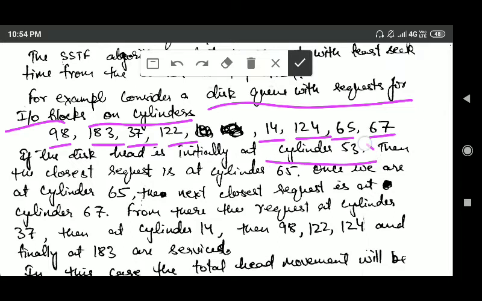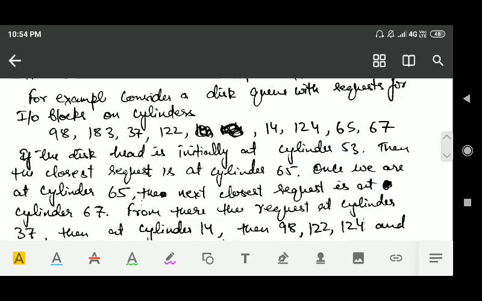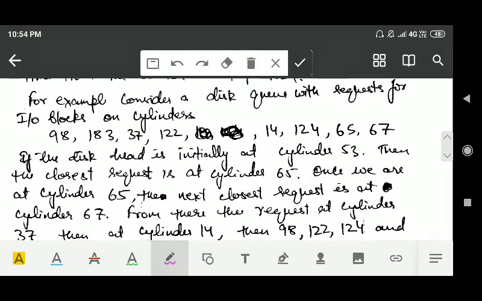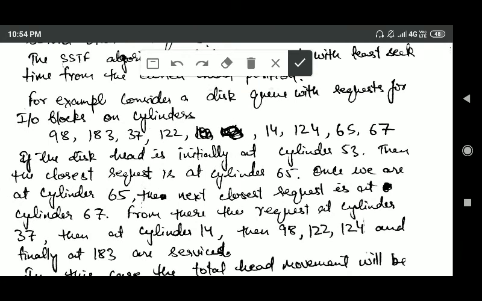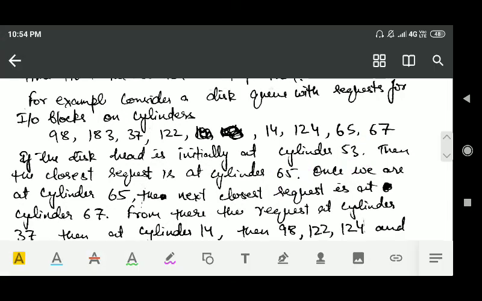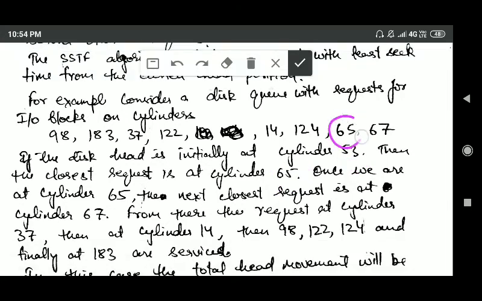From this position, the closest request is at cylinder number 65, right? See, initially the disk head is at cylinder 53, and from this position the closest request is at cylinder 65. So the request at cylinder 65 will be serviced first.